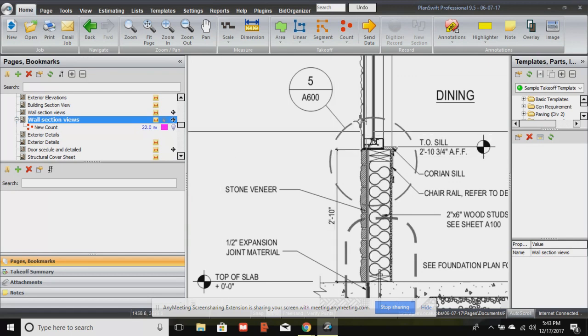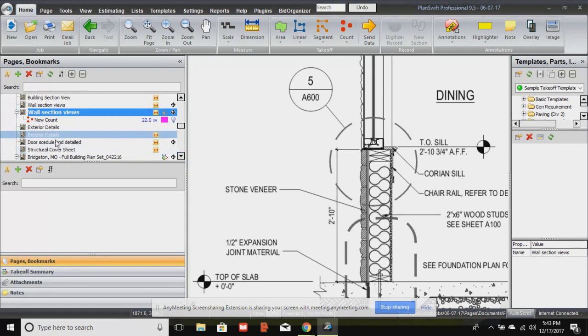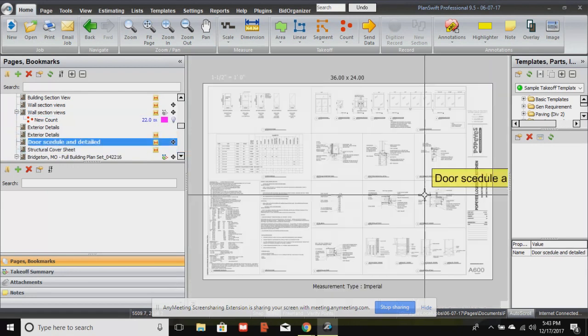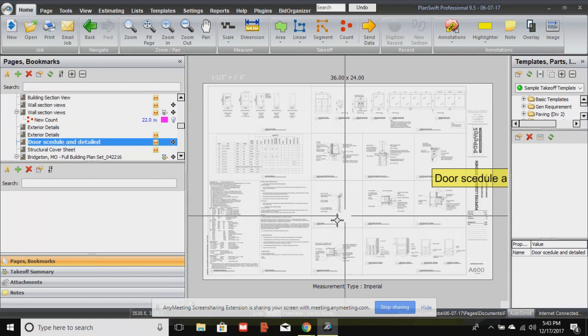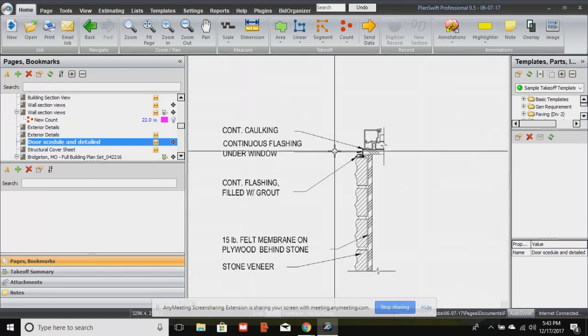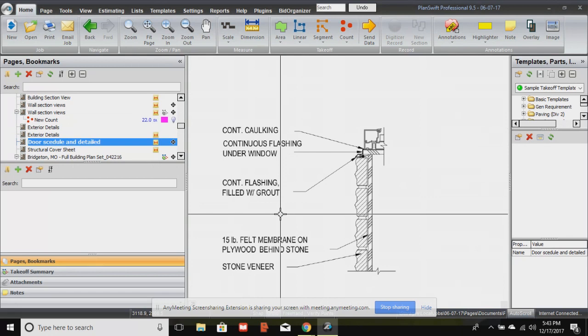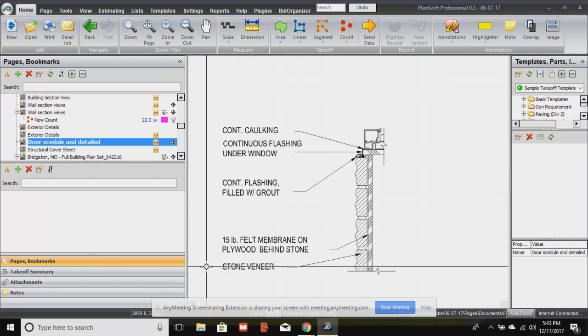So now we're going to go to, same concept applies, image number 5, A600, and let's go there. Image number 5. Okay, we're at A600. Let's find image number 5. All right, here we go. Detail marker. What we have here, what we didn't have on the section view, is continuous, CONT,